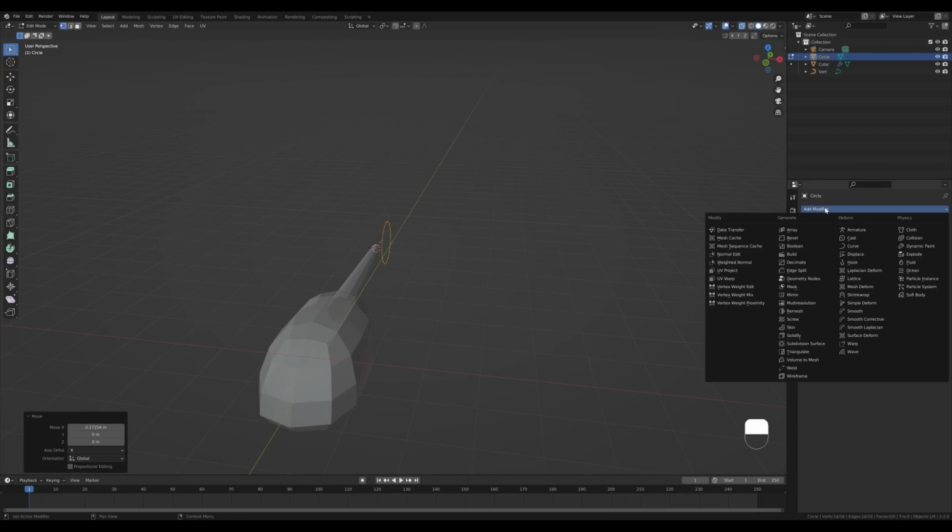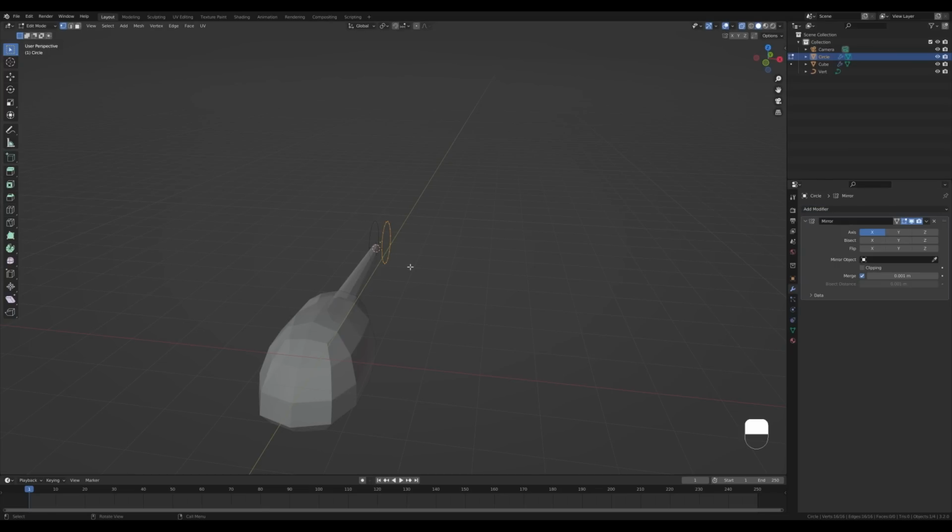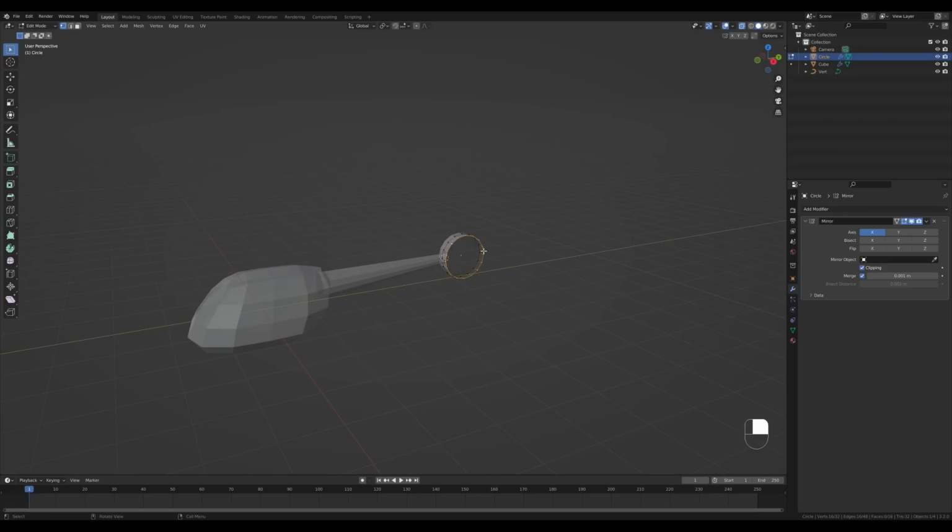And now in the modifiers panel let's add a mirror modifier. Make sure you enable clipping and then press E then X and extrude towards the middle just like that. And now we can Alt click this loop right here, press F to fill, I to inset, and now we can save this for later. So let's press P and separate that selection.